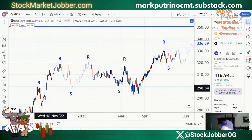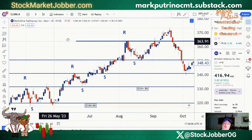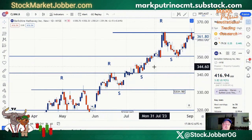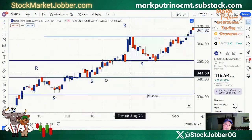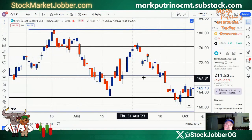Yeah. Anyway, resistance becomes support. I mean, look, everyone, you don't need to be a former hedge fund trader or a chart guru or market guru to see this. Resistance becomes support. Resistance from back here becomes support. All right. So going back to what I was saying, we want to watch that with S&P,